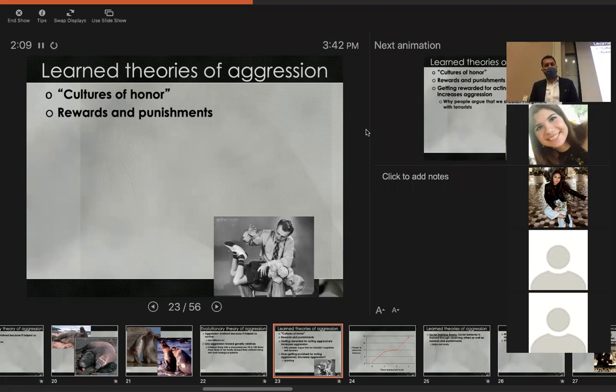So you can imagine if you've got a little child, for instance, and that kid hits his sister and is able to steal her toy, he's basically been rewarded for behaving aggressively. Therefore, that kid might learn to behave aggressively over time. If, on the other hand, that child is punished by his parents for behaving aggressively, that should decrease the likelihood that he'll behave aggressively in the future. So we can learn to behave aggressively or not, depending on whether we've been rewarded or punished for those behaviors in the past.